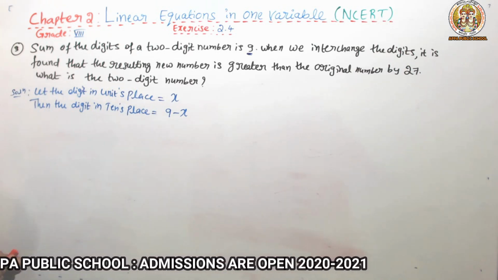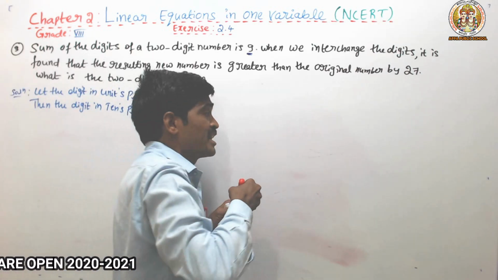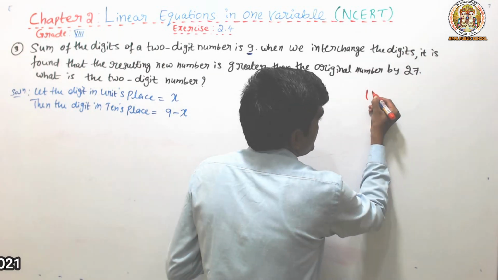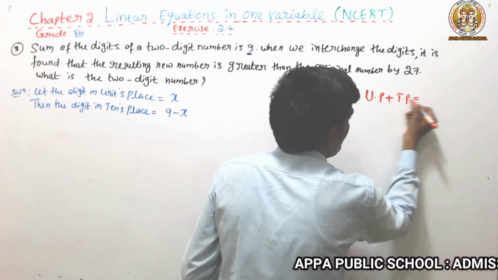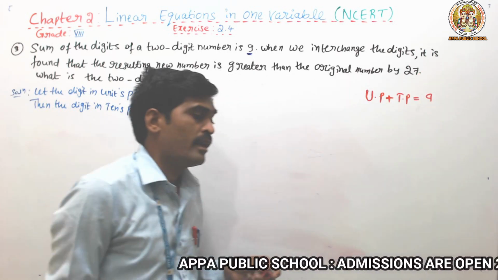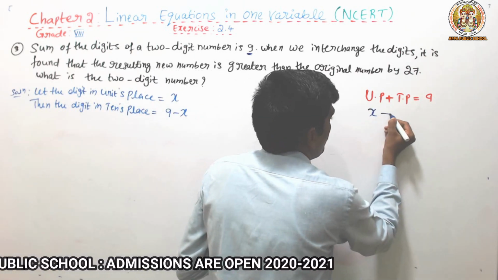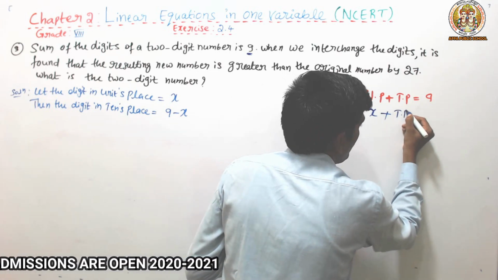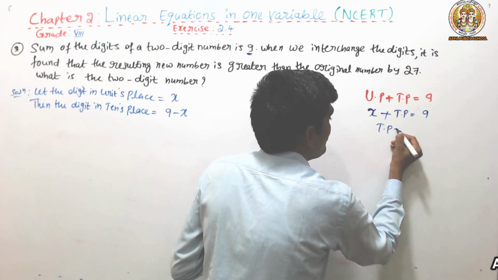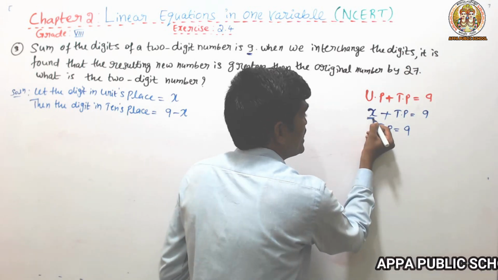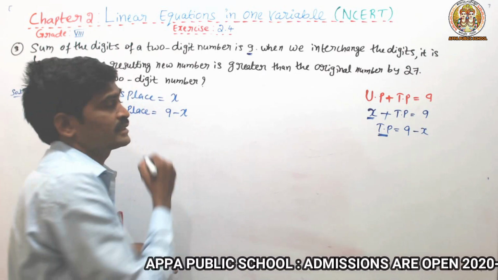Maximum students not understood. Why are we taking 9 minus x? See, my dear students, they given the statement sum of the two digits, units place. Can I write UP plus TP, where TP means tens place? Can I write sum of the digits should be 9, they given. Understood? So UP, can I substitute the value of UP as x, plus TP? Assume that we don't know the unknown quantities. This one TP keep as it is and 9 keep as it is. So tens place, what will we write? 9 keep as it is plus x transferring to RHS minus x. That's why I am writing TP, tens place, should be 9 minus x.